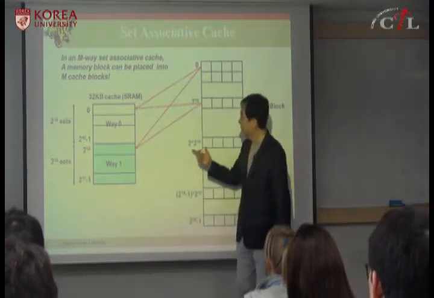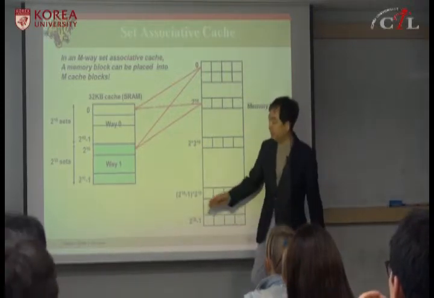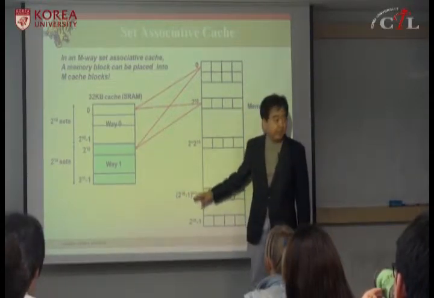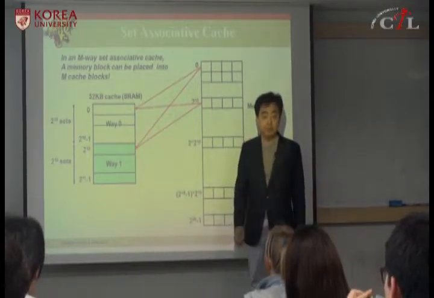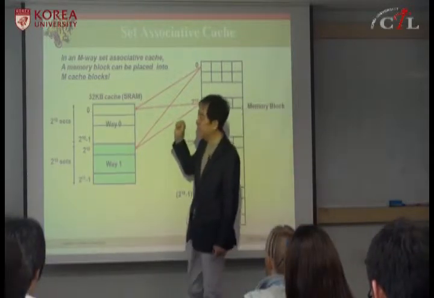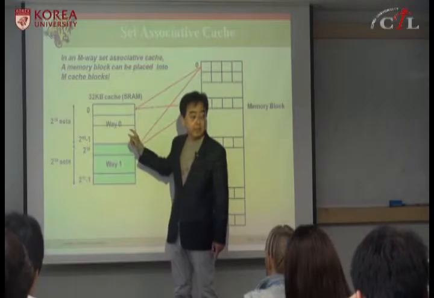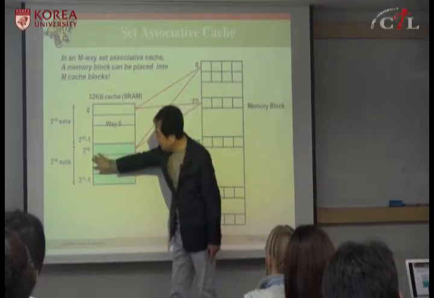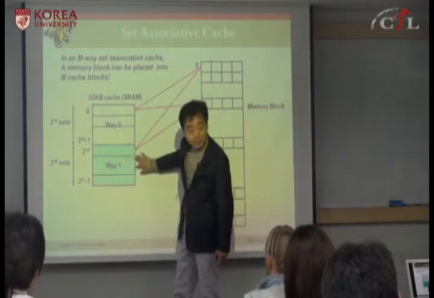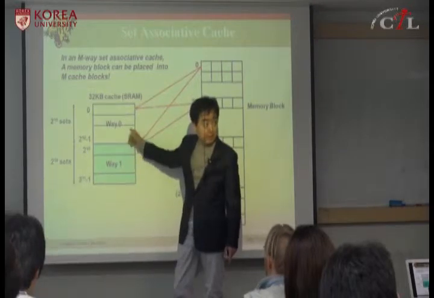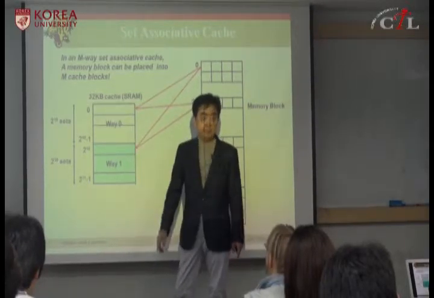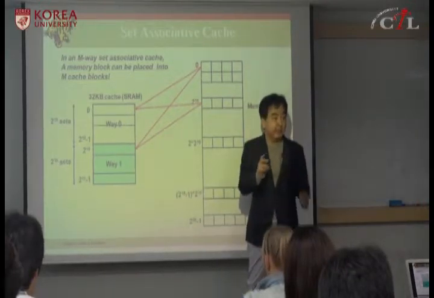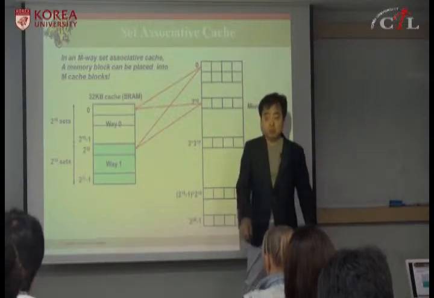Okay? To do that, this memory block address is divided into an 18-bit tag and a 10-bit index. This 10-bit index determines which set you have to look up. Using the 10-bit index, you identify, let's say, set 500. Then you have block 500 in way 0 and block 500 in way 1. Right? So each set has 2 blocks. One in bank 0, one in bank 1. Okay? Using the 10-bit index, you can identify the set. And then you have to look up 2 locations.